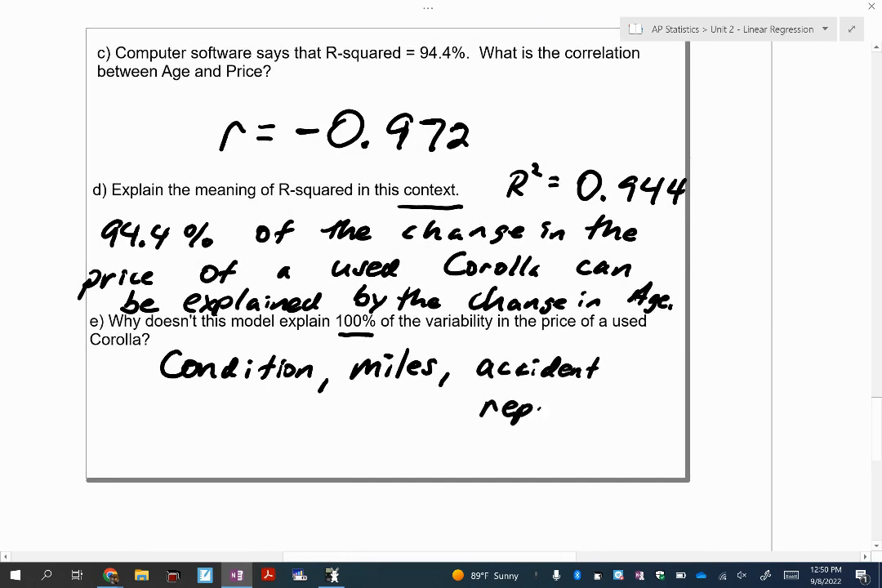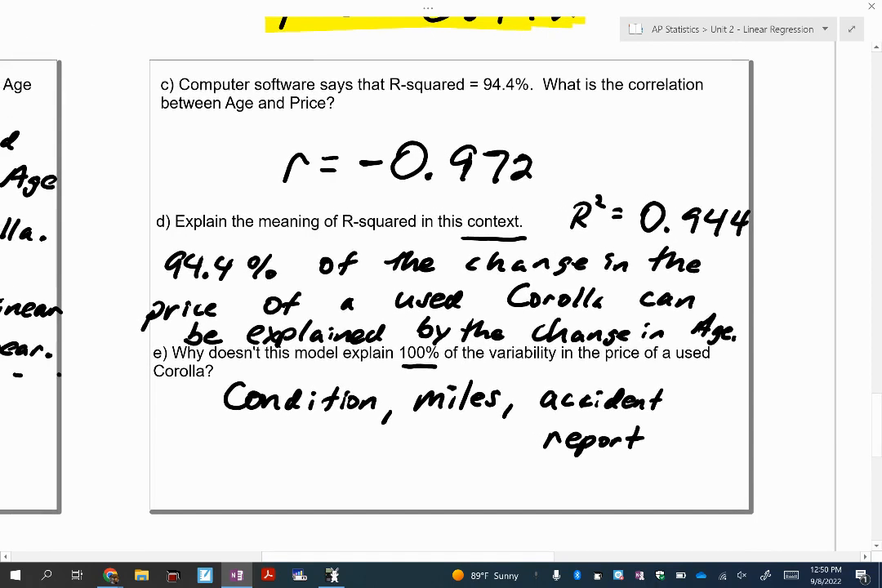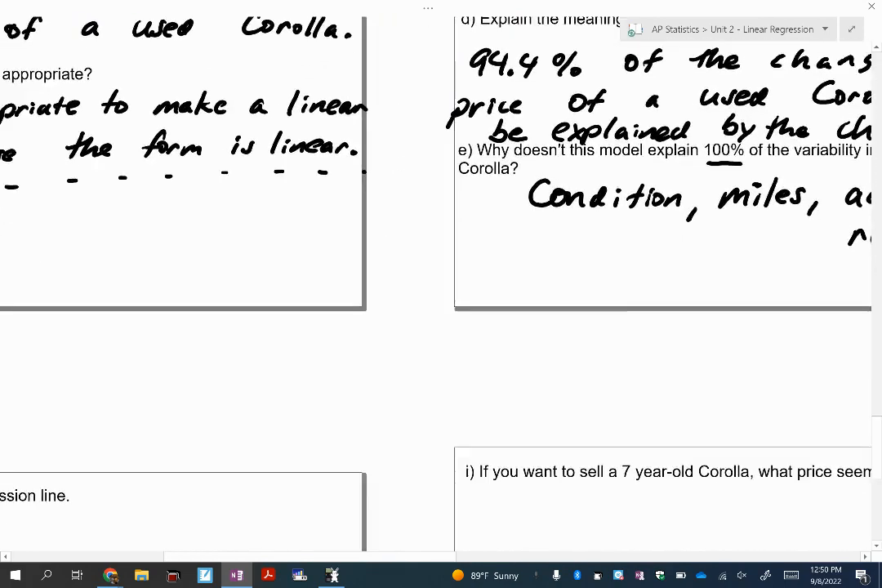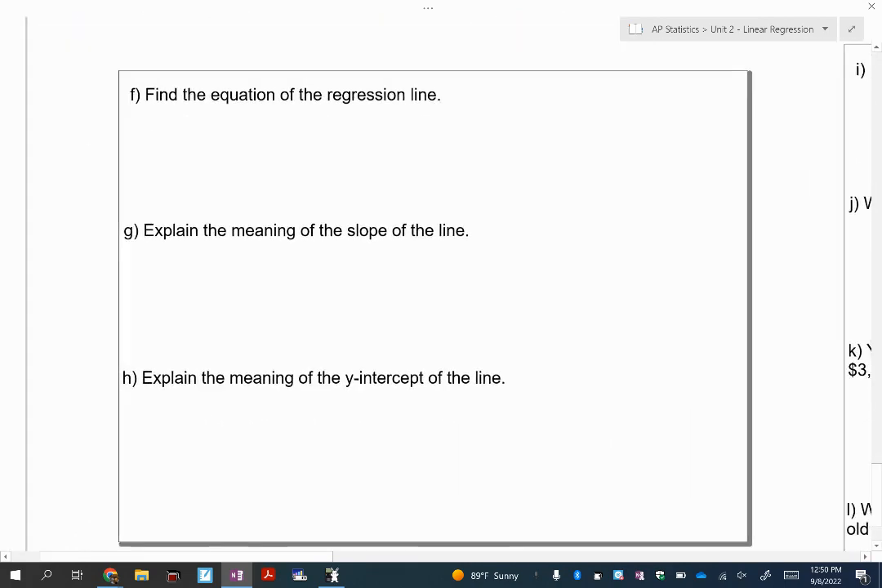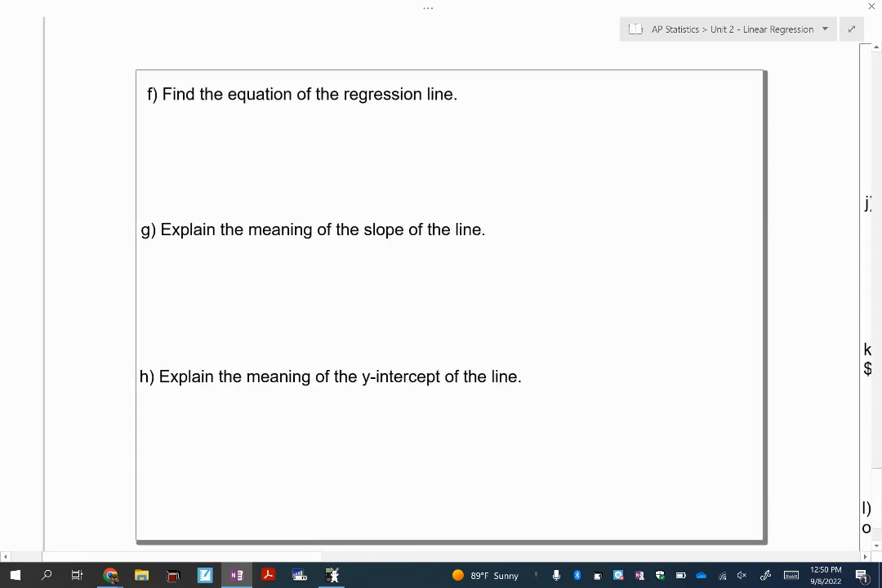right? If the car has been flooded or floated down the street during one of our many hurricanes, or if it's been in many car accidents, a lot of collision work, ultimately that could affect the price as well. Okay? All right, now let's go ahead and write down the equation of the regression line, which